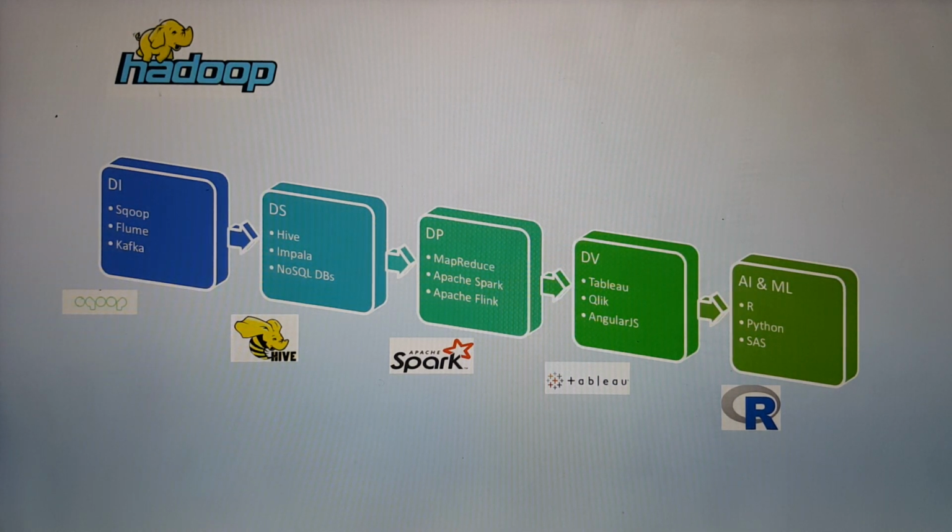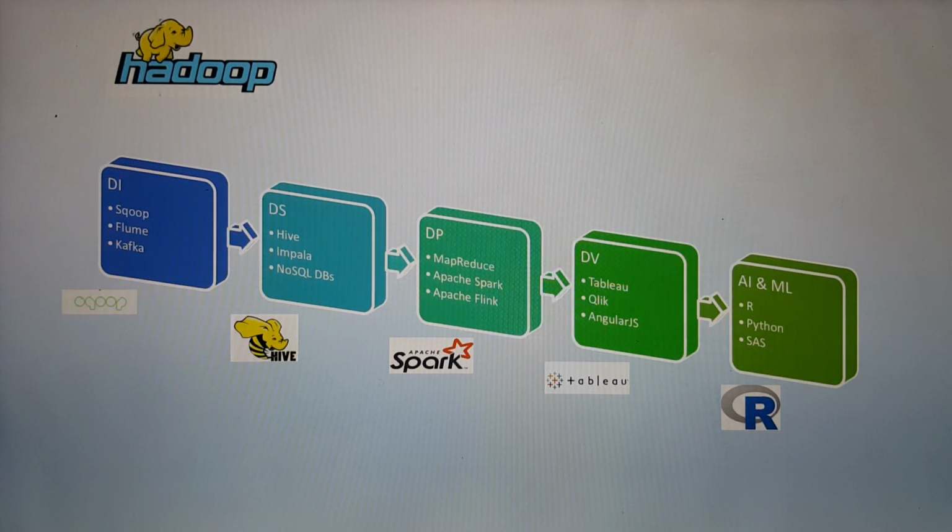Tableau is currently the market leader for data visualization. At the same time, we have Qlik as another very good tool. But if someone wants, they can do their own programming using AngularJS and build really interactive and good dashboards.